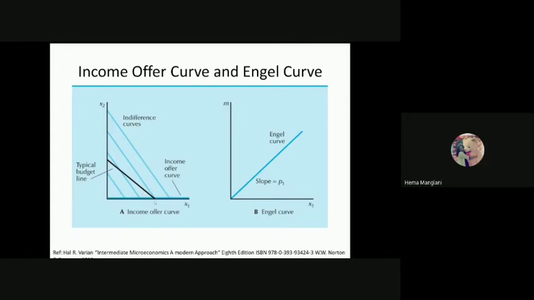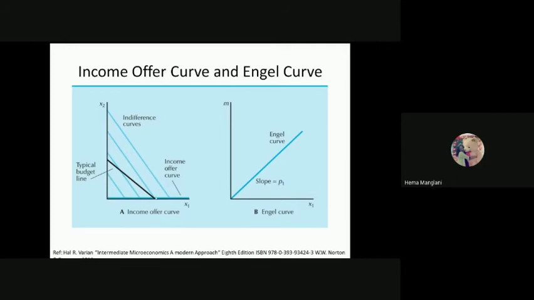What is this? This is an optimal choice. Either you will go with this. If suppose tangency were followed here, with what? There should be tangency with some indifference curve, then that optimal choice would be followed. But what is the optimal choice? This is your optimal choice because it is following the tangency with the indifference curve. It means as a consumer you are opting for what? X1 here.